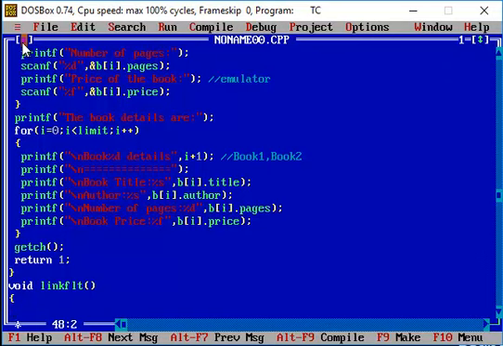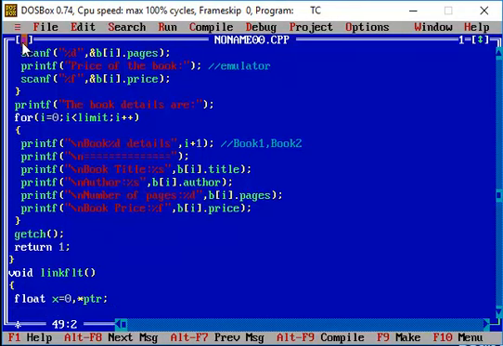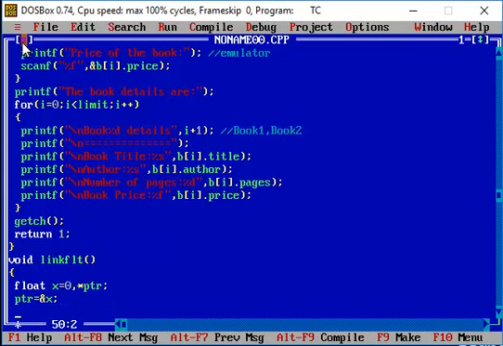So here what I'm trying to do is create a float variable, let's say for example x value equal to 0, and I'm trying to create another pointer variable of float data type, and I'm assigning the address of x to the pointer variable. And now your address, that is your x value, will have whatever value is present for that particular pointer variable.